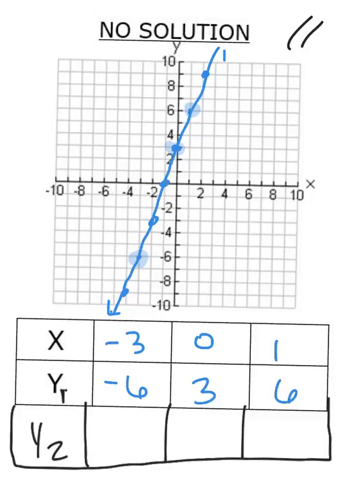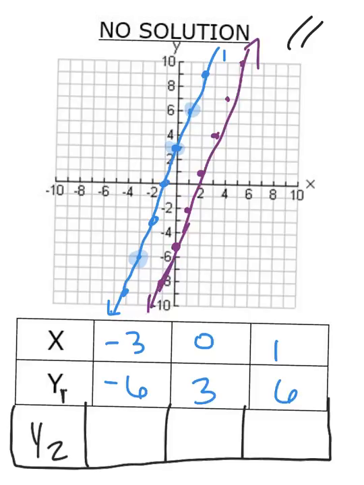Now for my second equation, it needs to have the same slope for it to be no solution. So I can pick my y-intercept of -5, and I'm going to go up 3 over 1, so that way I get parallel lines. Get the points on the other side. Okay, so you can see here,